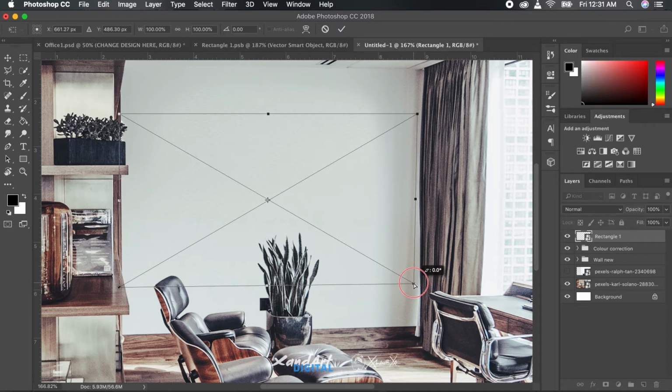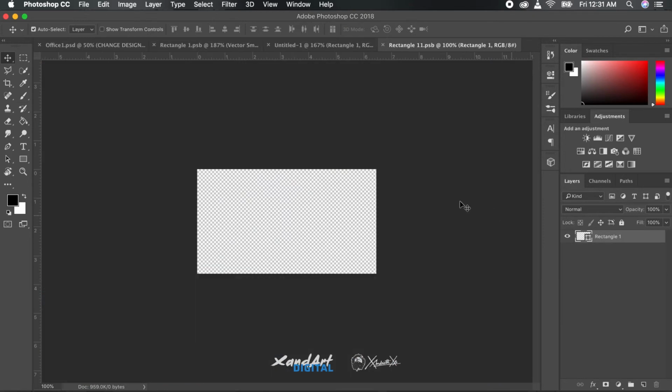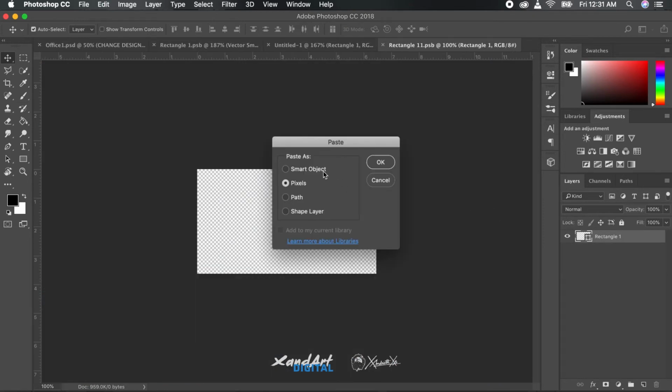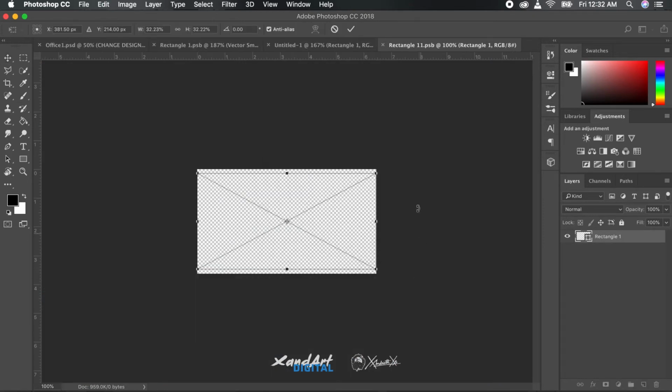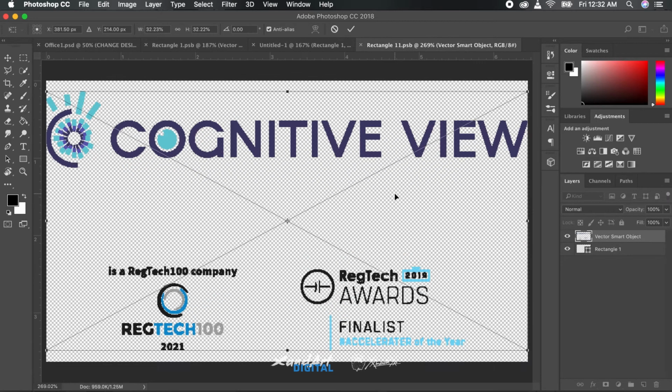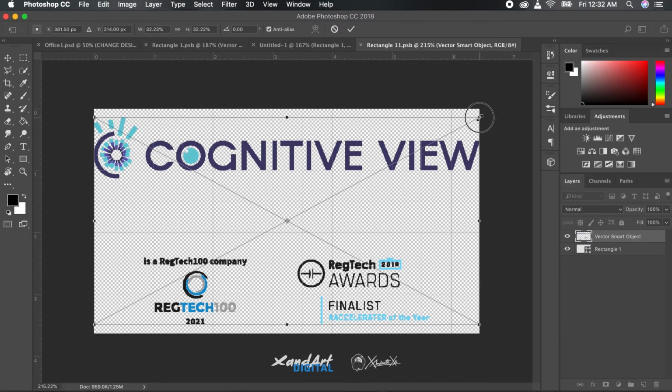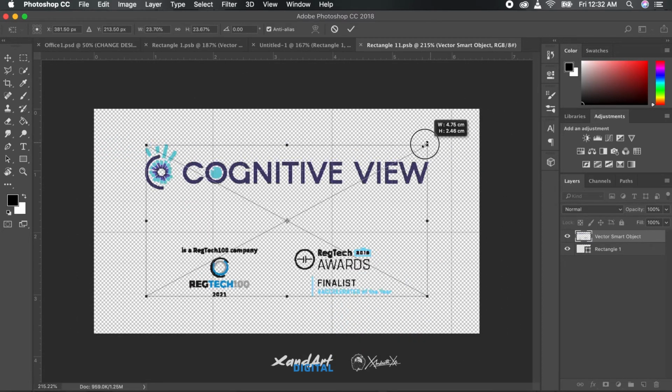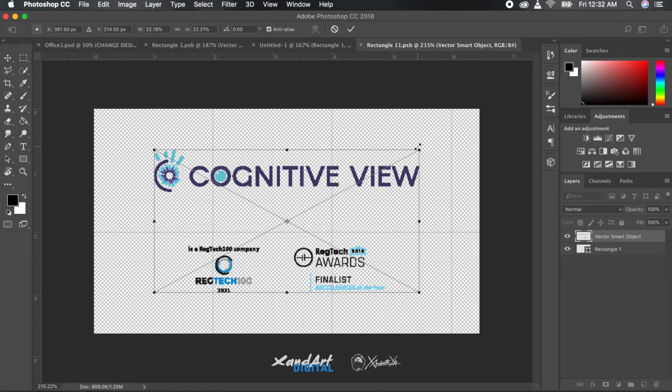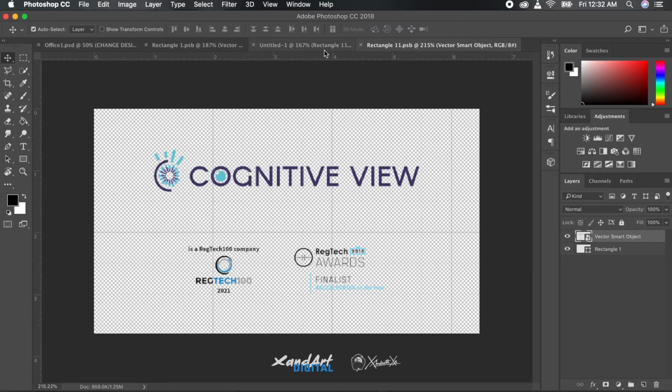Once the perspective is done, we will add a mask on the smart object. A shortcut will be selecting the mask we created on the wall by selecting the mask with Control or Command pressed in, and then selecting the rectangle, the smart object, in this case the rectangle, and selecting the masks option from below the layer panel, and we'll be able to use the mask again without going through the hassle of creating the mask from scratch. That's good.